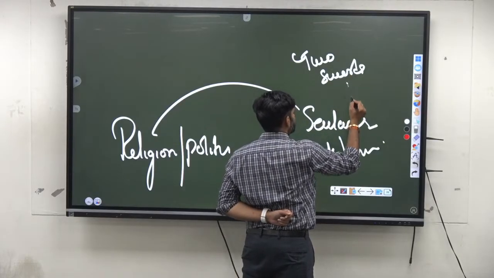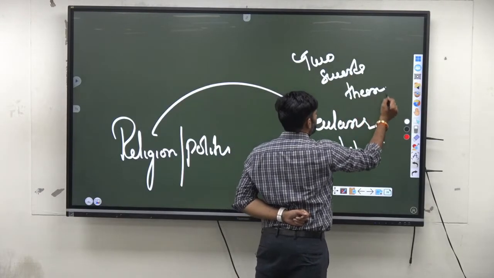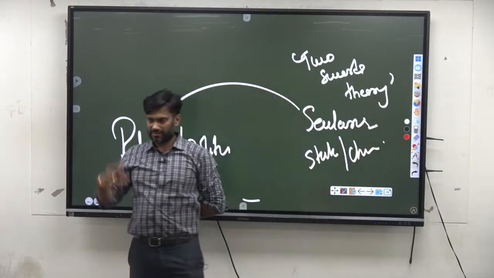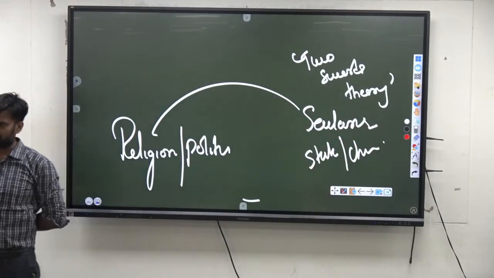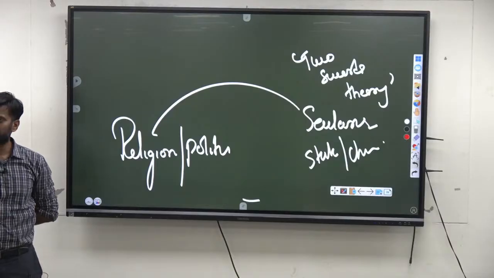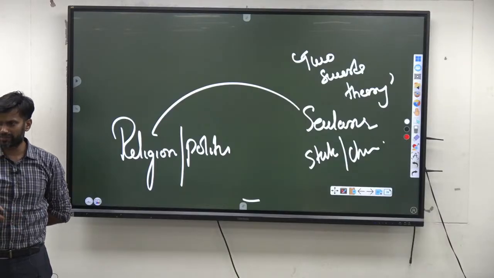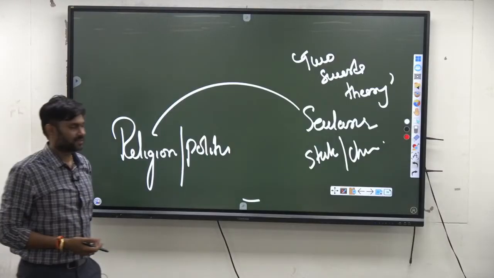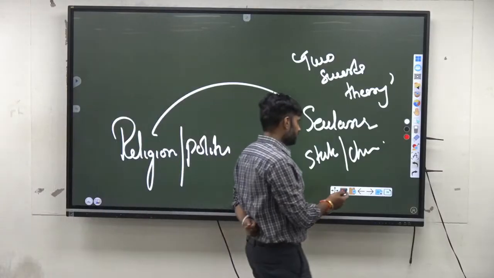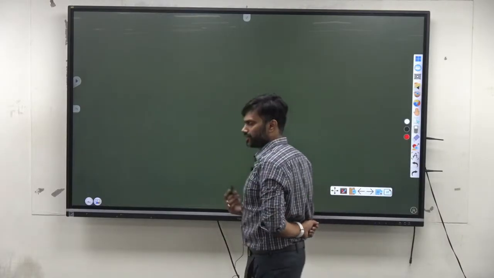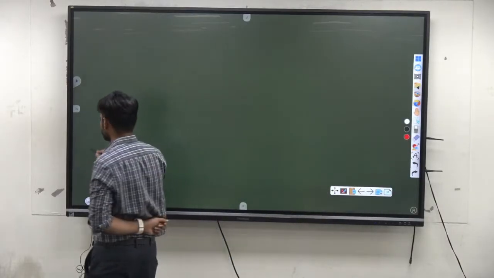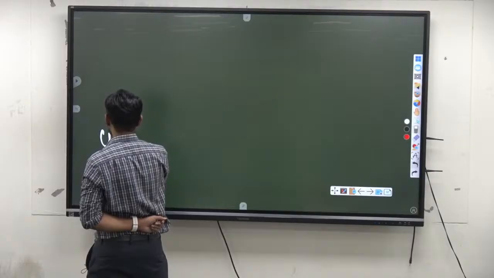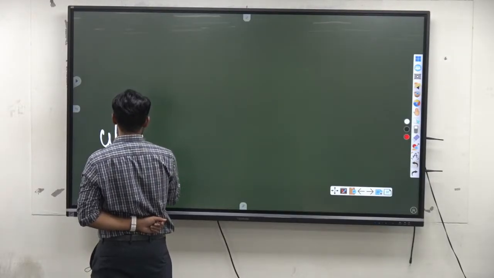Two swords theory that was prevalent in medieval times. Two swords means Pope and King are two symbols of authority. He told there can be one symbol of authority, that is the king or the prince. Then he also advised the king or the prince to use religion, or we can say he gave the utilitarian